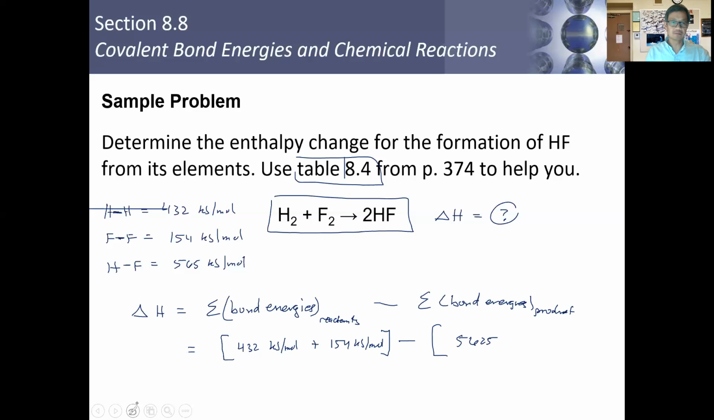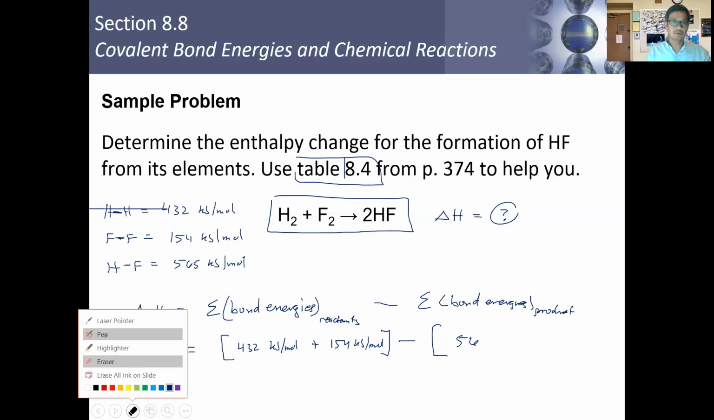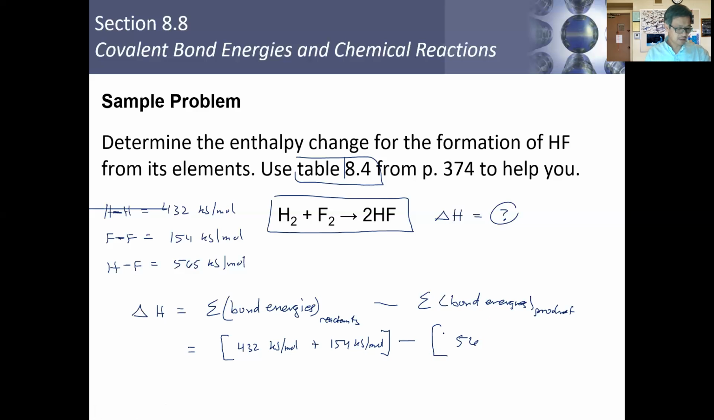So we have 565 kilojoules per mole. But if you notice here, we don't have just 1 mole of hydrogen fluoride, we have 2 moles of hydrogen fluoride, so we have to double this right there. That's why the units here are going to be important as well. So that's it, folks. If you do the math, you end up with an answer that is negative